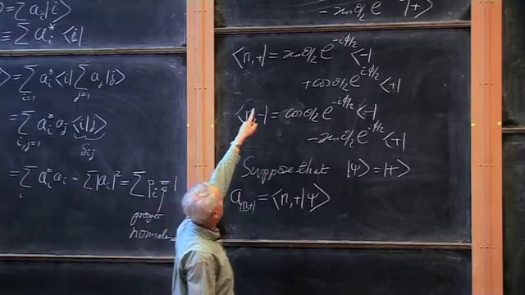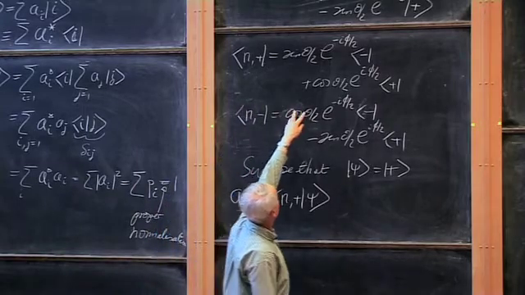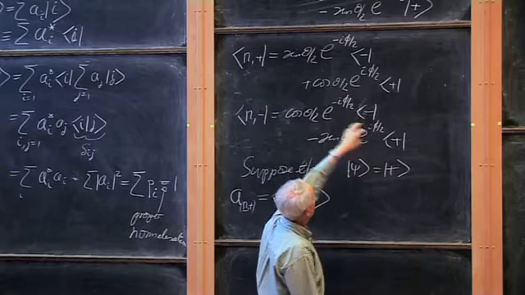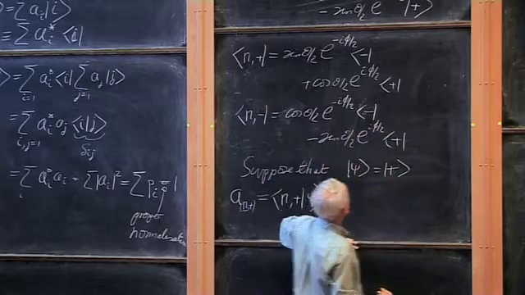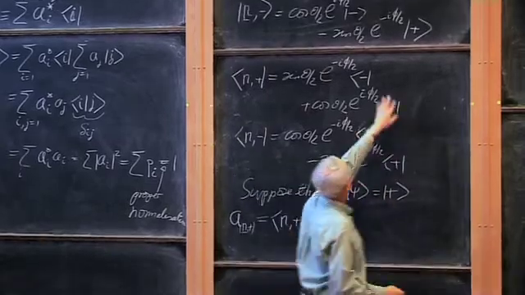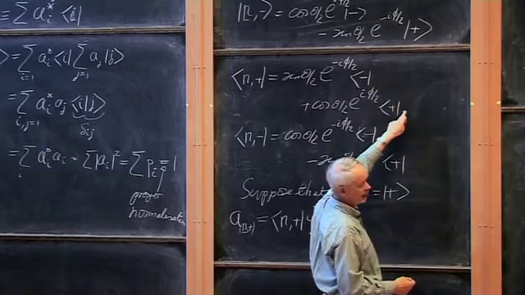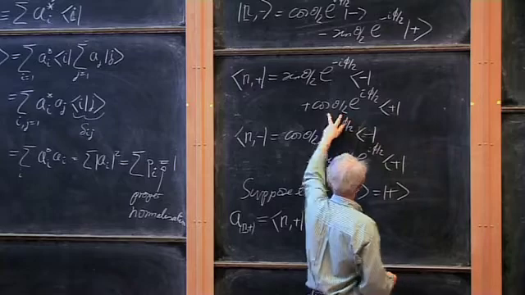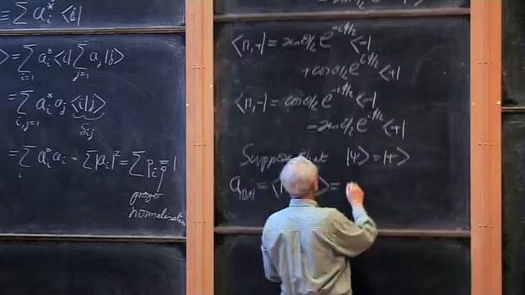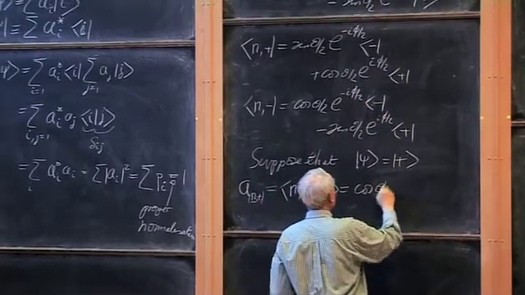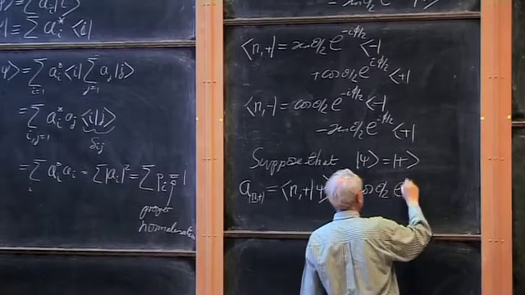So what I do is I take that n plus thing, this thing, and I bang it into plus. That will produce me a minus plus here, which vanishes, and a plus plus here, which is the number 1. So I simply extract this. So this turns out to be cos theta over 2 e to the i